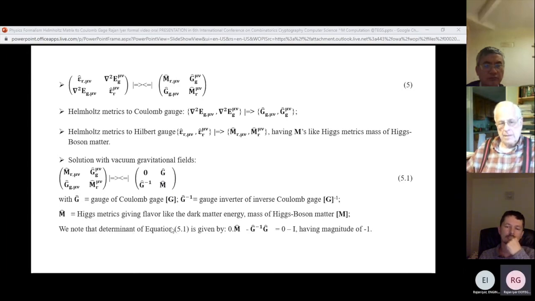Okay, so when I find the determinant of this matrix, simply by multiplication of the diagonal terms and the cross diagonal terms and subtracting that, the usual determinant finding for the matrix, I get a magnitude of -1, or negative I, which is the identity matrix, -1. Okay, so when I correct that, when I put that value in, then I get the corrected matrix as 0, m, and minus g inverse 1 and g. So it's a very simple, simplified matrix now. But this -1 has a lot of importance